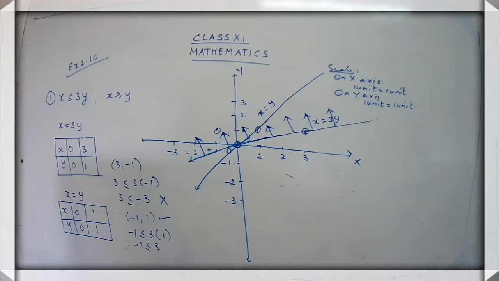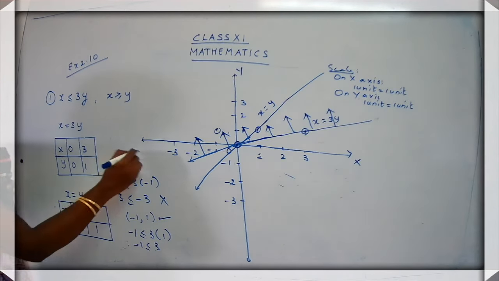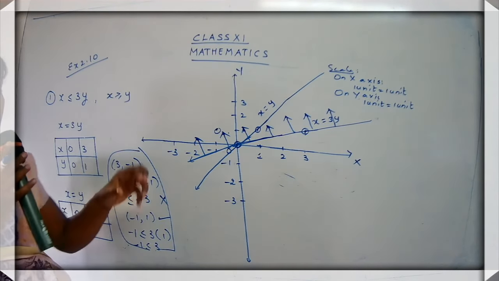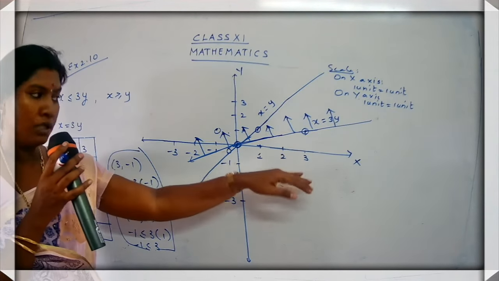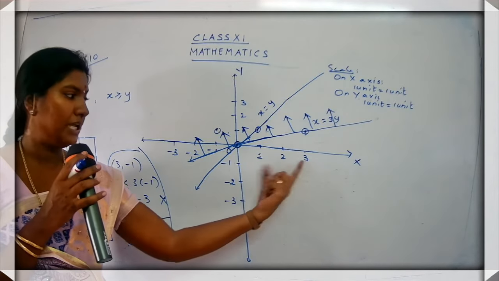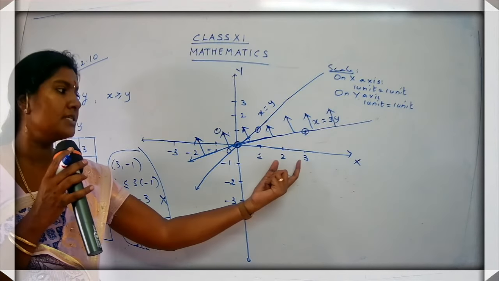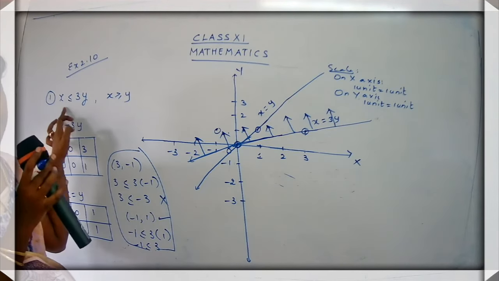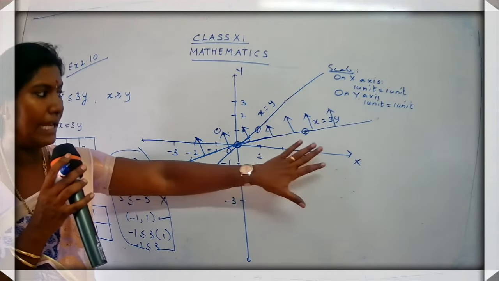Draw an arrow with a pencil. Come on, plot the arrow now. So you can just show this working in the rough part. This is for your understanding. What are we going to do? We are going to choose a coordinate below this line. So we have chosen (3, -1). When I substituted the value (3, -1), I did not get this condition satisfied. So I don't have the area below this line.